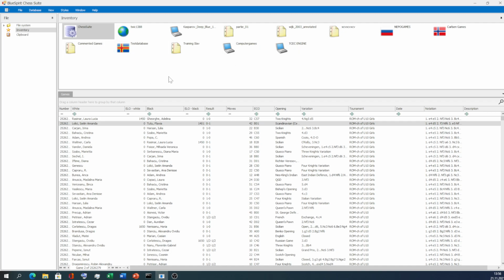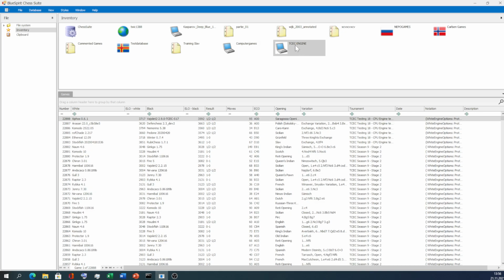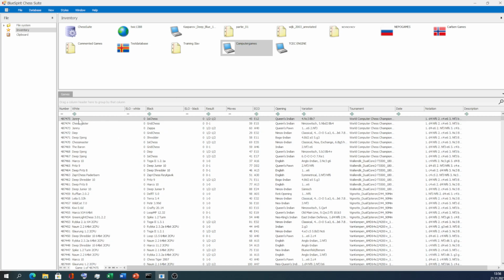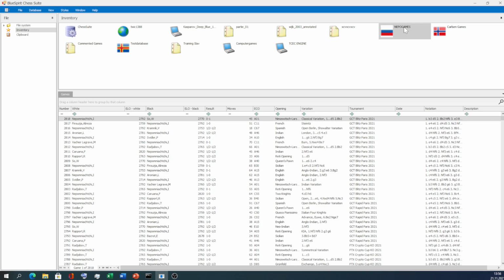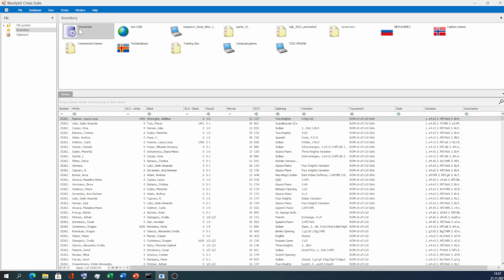Okay, then let's dive into some features here in the ChessSuite database. I imported all the TCEC engine games. I have some old computer games inside this container as well, and I imported the Magnus Carlsen games for you, just to show you a little bit, and the Nepo games. And I have the main database, my reference database, and